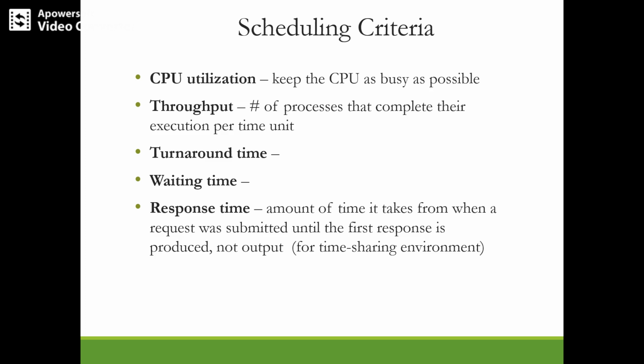And the next criterion is predictability. So a process has to know how much time it needs to take for its execution. That is, a given process should run in about the same time under any system load. For example, if it is given a burst time of 10, it has to execute for 10 seconds.